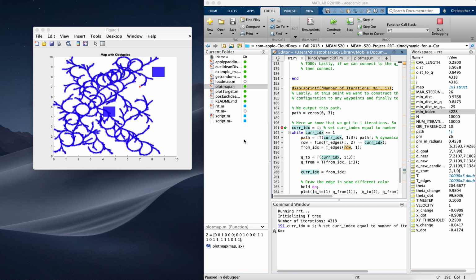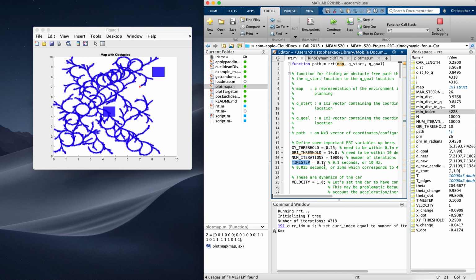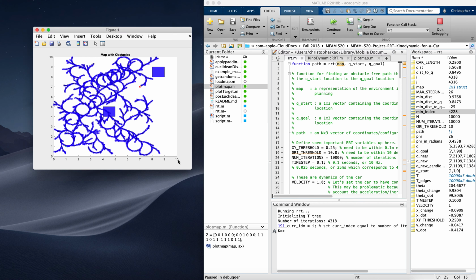Here's a video recording of the RRT dynamic planner. In this case, we have a time step of 0.1 seconds, so basically 10 hertz. Velocity is at 1 meter per second. Here the x-axis is 10 meters by 10 meters y, where this is basically a top-down bird's eye view of